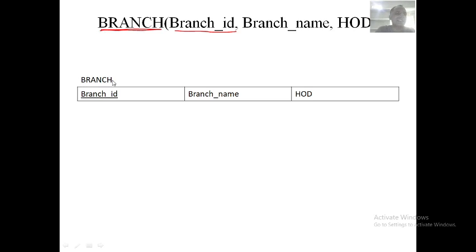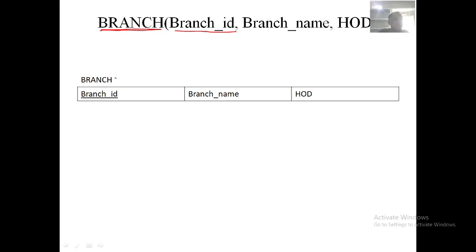You have to write it like this. Usually table names are written in capital letters, and for attributes, the first alphabet is written in a capital letter. Got it? So now see, branch is a table name. Here I have mentioned the branch.